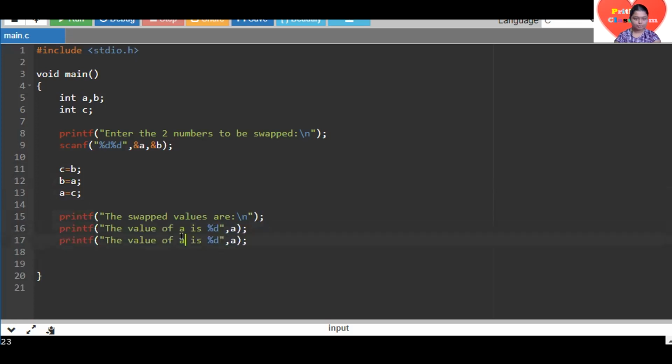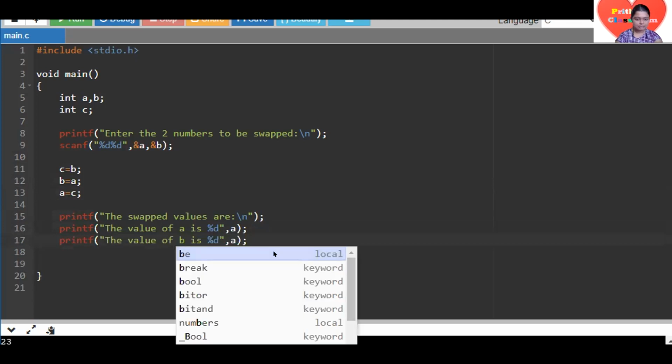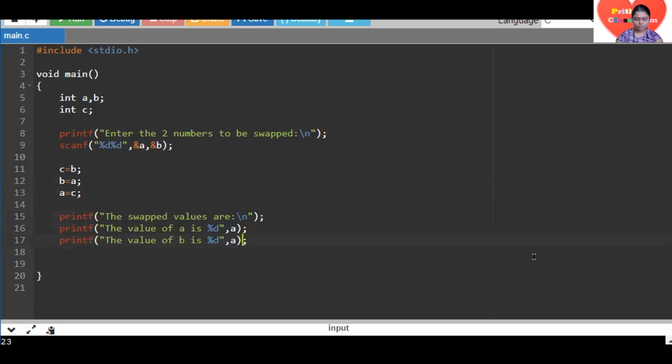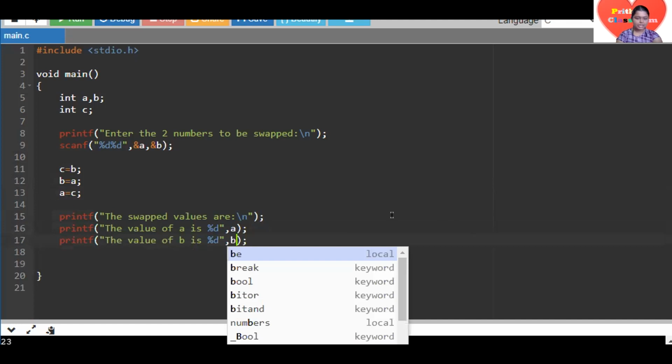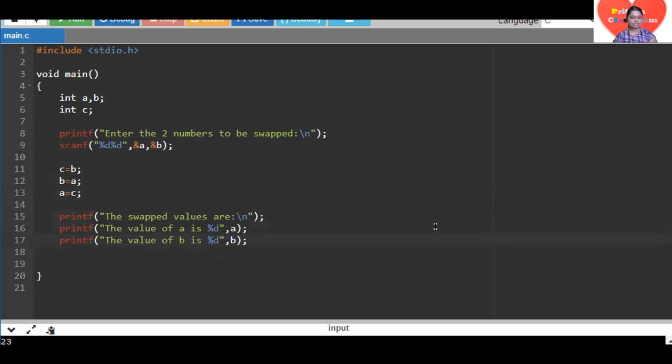The value of b is percentage d, which is again b. Okay, fine. So now this is the program. Let's run and see.